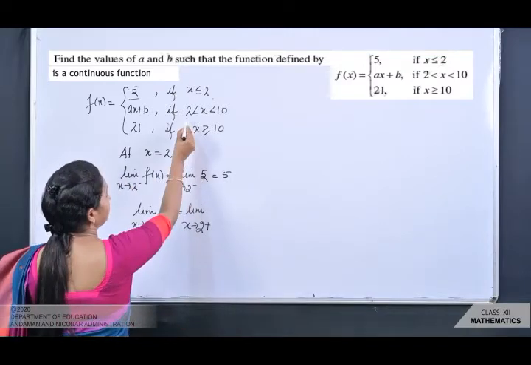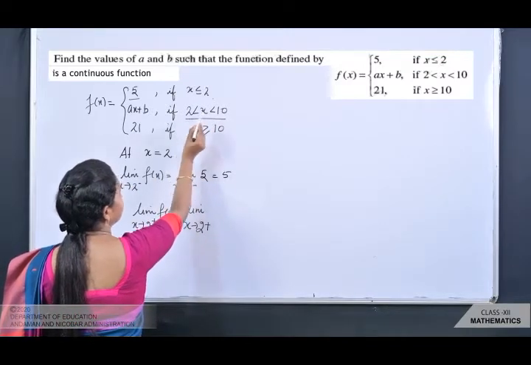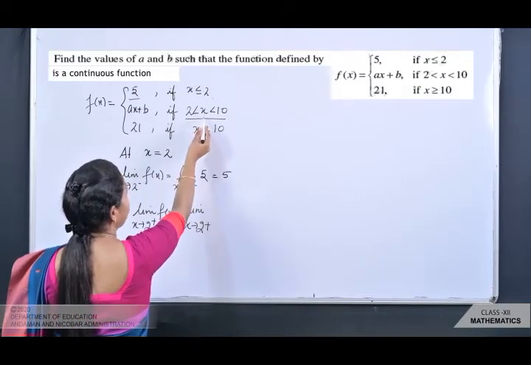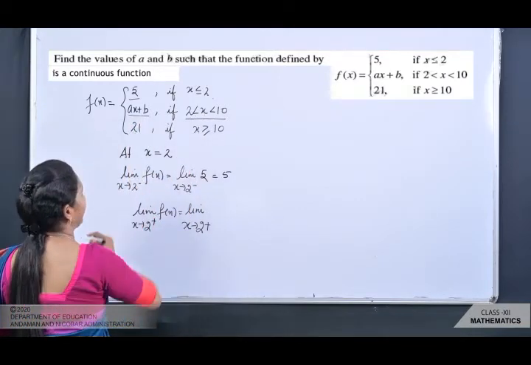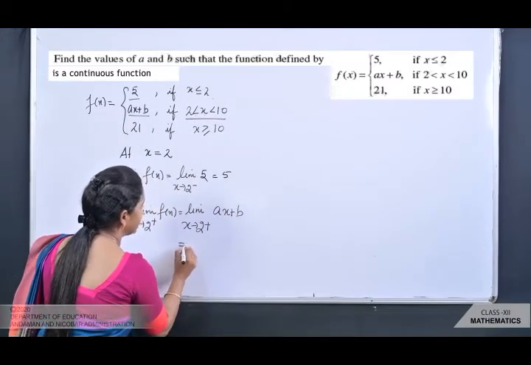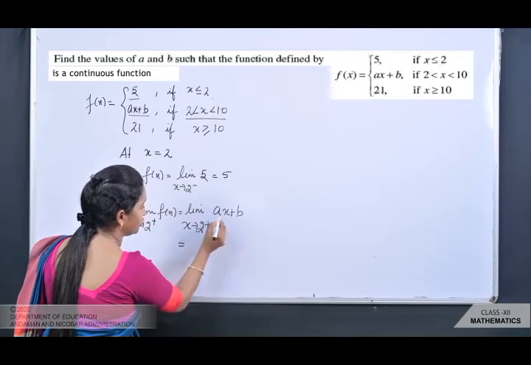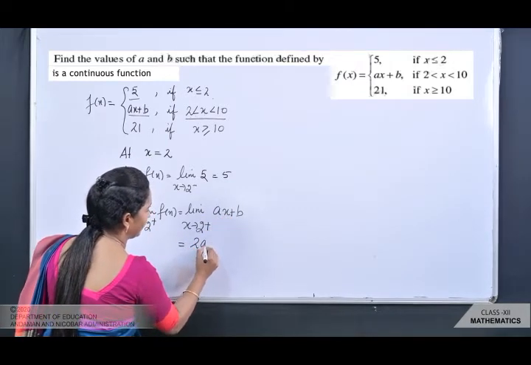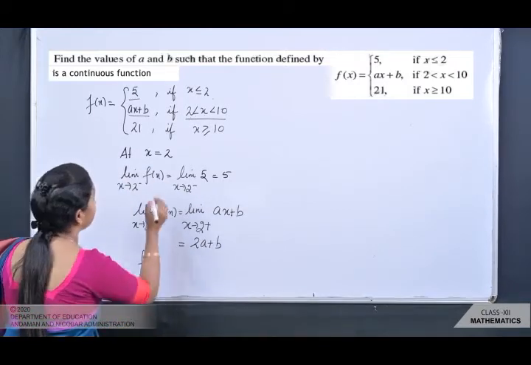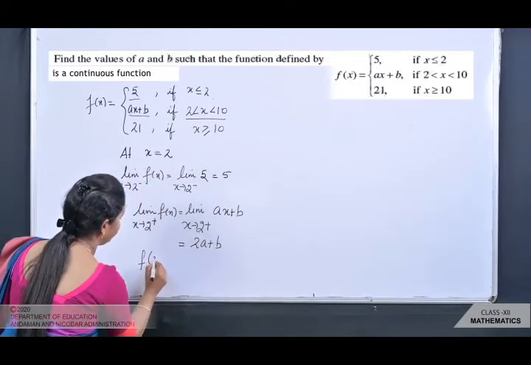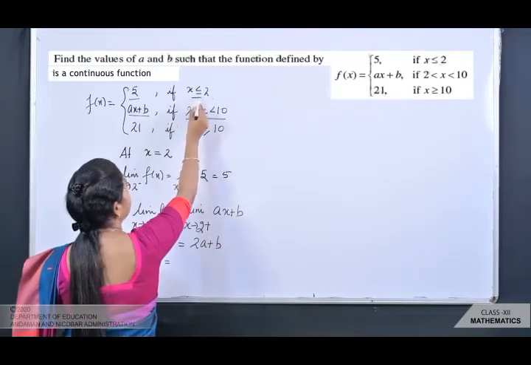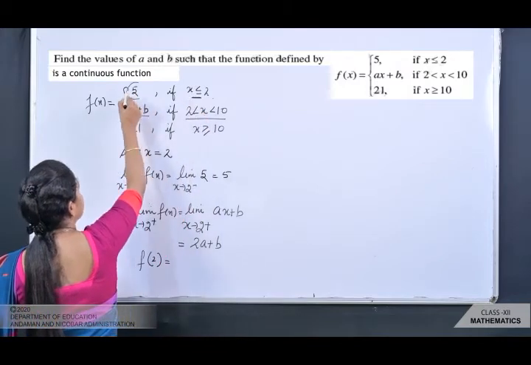So I think this is the condition. 2 is less than x मतलब x greater than 2 है ना. 2 is less than x means x is greater than 2 and the function is ax plus b. So here I am going to take ax plus b, substitute in place of x 2, you are going to get 2a plus b. Clear? Now we will find function at that particular value, that is f of 2. तो f of 2 जब हम निकालेंगे we will observe equal to sign, तो इस कंडीशन पे होगा. So what is the answer here? 5.